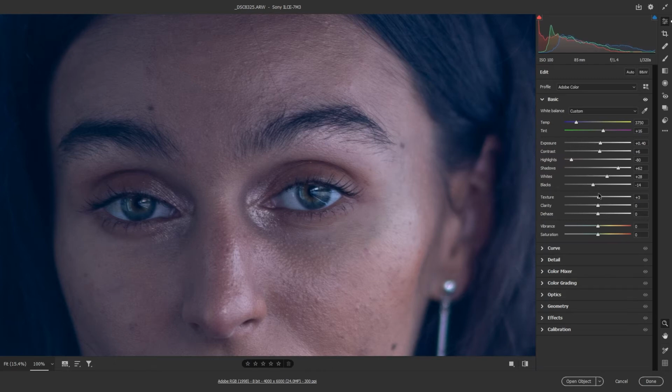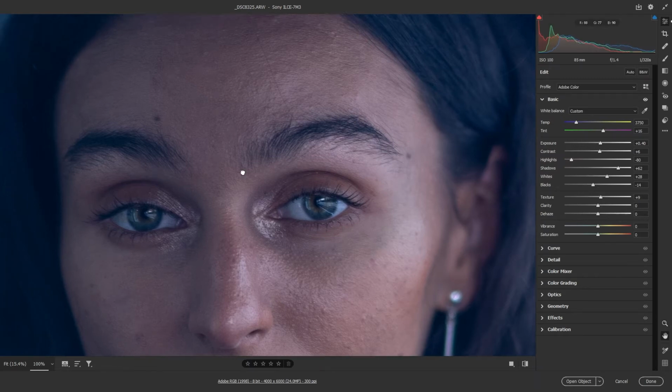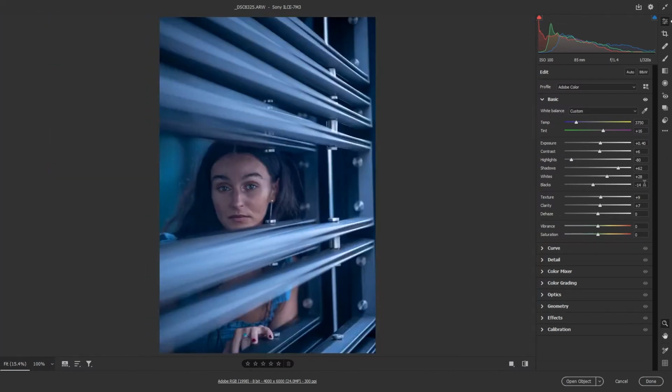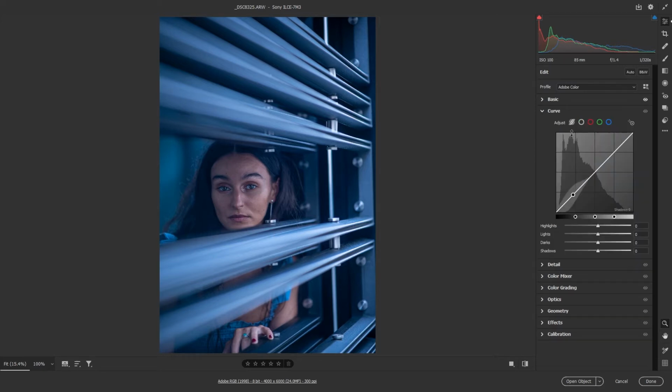See, this will make the skin a little harsh and it will accentuate the textures. Also increase the clarity, which is contrast in the midtones. No need to touch the dehaze slider. Let's increase the vibrance. Let's first fit it to the screen. Increase the vibrance a little bit. Let's decrease the saturation a little bit. The image looks too saturated. See, this is okay. Now let's go to the curve, and we'll go to the tonal curve here and just play with the curves. Brighten the shadows, darken the midtones, brighten the highlights. Just see what looks good. So this is good enough.